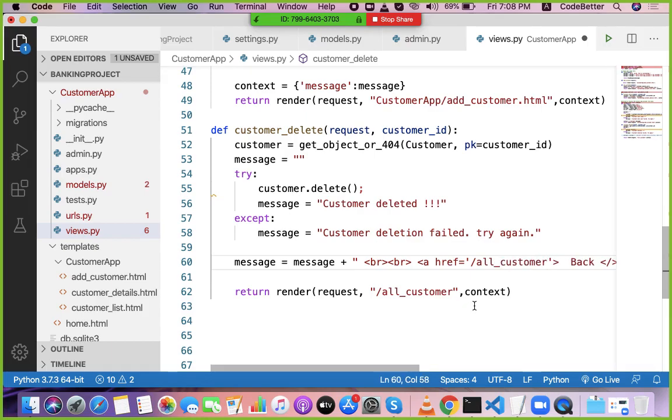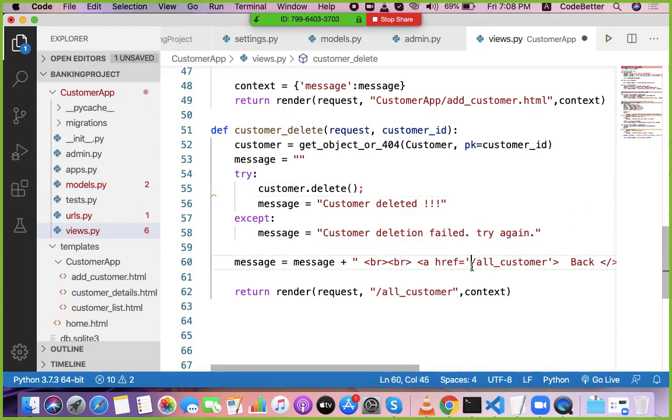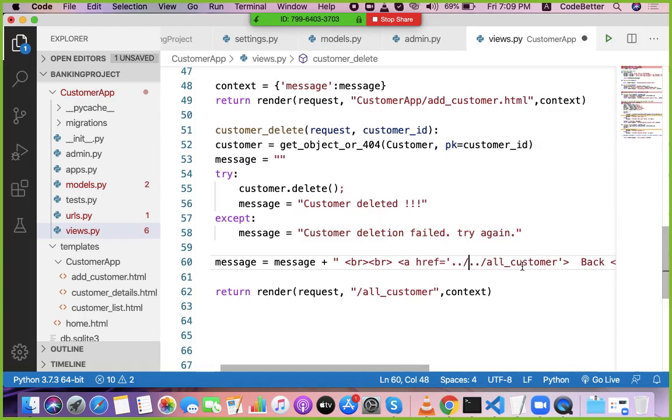But all customer is not inside the same path, so I have to move one path back, and one more back. So I have to write dot dot for one back and dot dot for one more back from the current path. So let's try if this works.